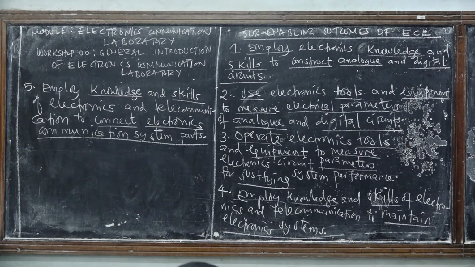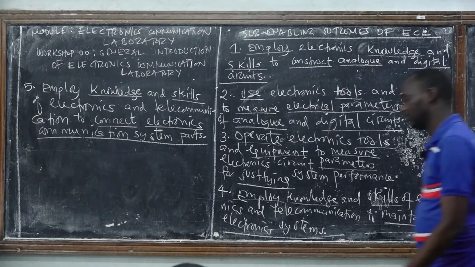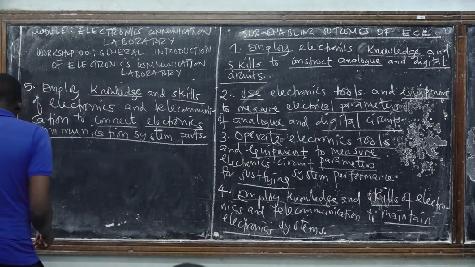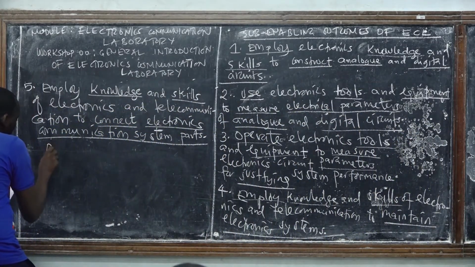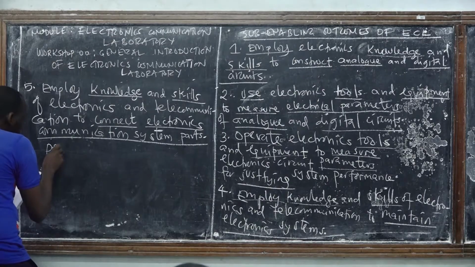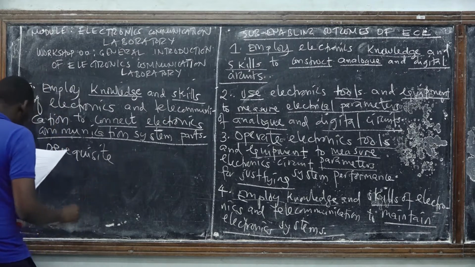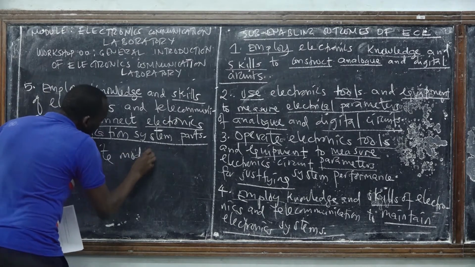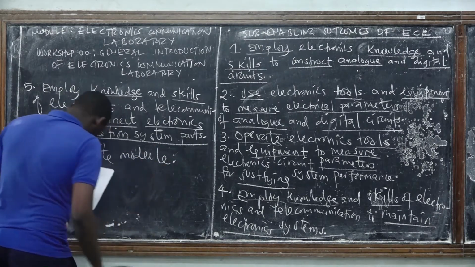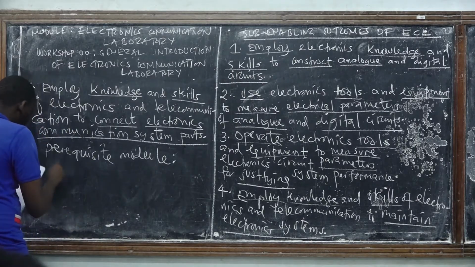Actually, here we mention one module, but according to the 5 sub-enabling outcomes, you should have prerequisites from a number of modules that have been teaching you different knowledge about electronics and telecommunication systems. According to the Dar es Salaam Institute curriculum, the prerequisite module of Electronics Communication Laboratory is called ETT